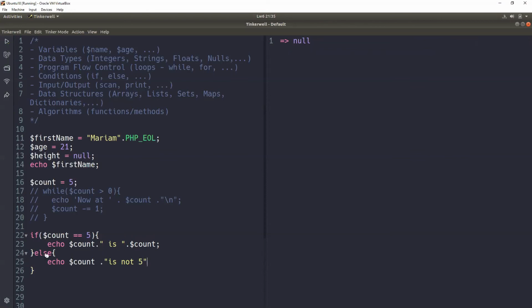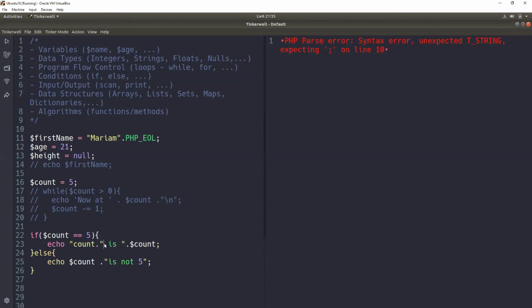Yeah, like that. So you can see here, it is saying 5 is 5, which doesn't make sense.